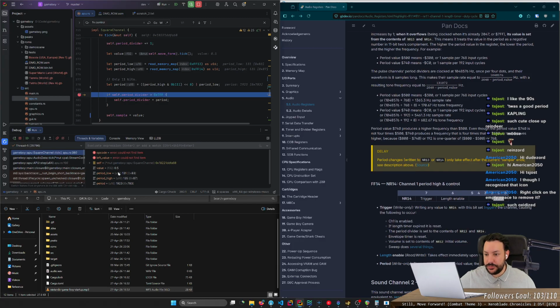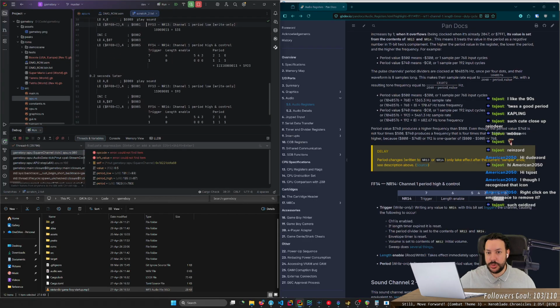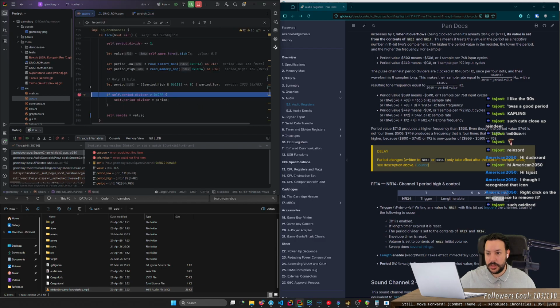Okay, what is the value for period? 1923, which we already validated is the number that we should get. Okay. And then the period divider counts from 1923 to 2048.